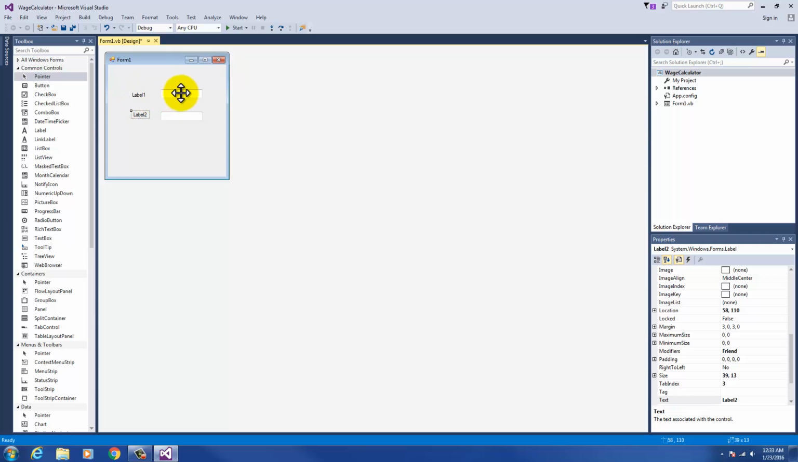So then here, let's just say they enter the number of hours they work. Here they enter their wage. So then this takes the input from the user. Then we need the output